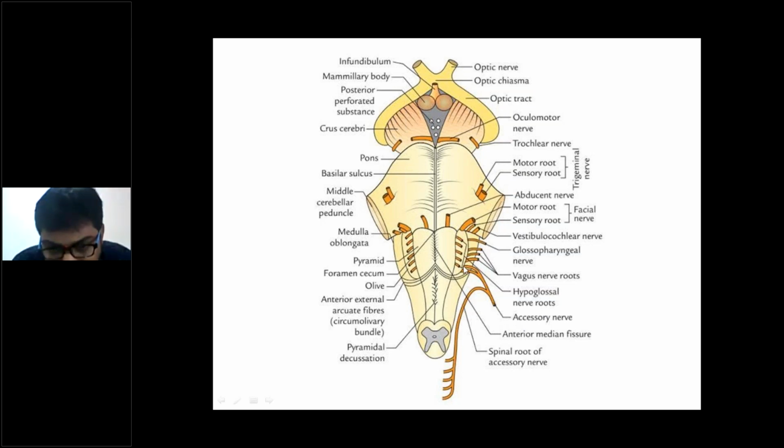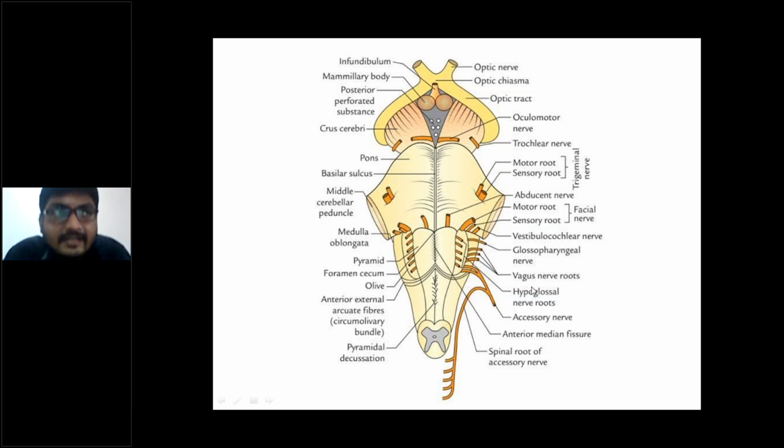Okay, so in lateral medullary syndrome, the cranial nerves involved are 9, 10, 11. Okay, అర్థమవుతుందా? See, this is the lateral part of the medulla, this is the medial medulla. So in the medial medulla the 12th cranial nerve is there; in the lateral medulla the 9th nerve, 10th nerve, and 11th nerve are there, glossopharyngeal nerve, vagus nerve, and spinal accessory nerve. So 9, 10, 11 cranial nerves are involved in lateral medullary syndrome.